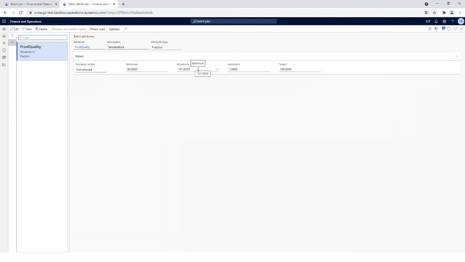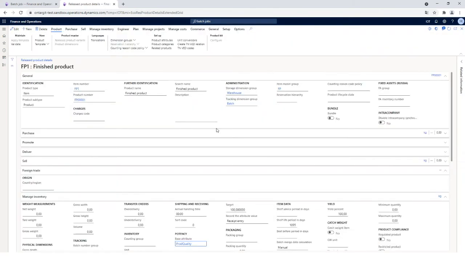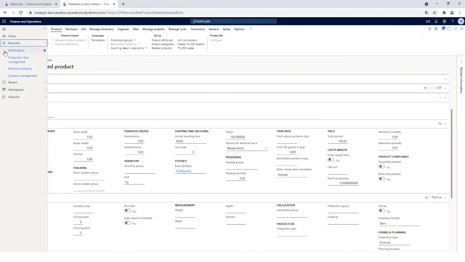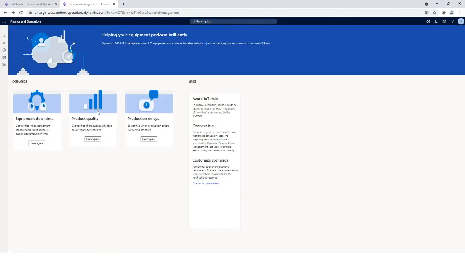So this is quite a simple setup to tell the system what to control. We simply choose the batch attribute that contains minimum and maximum value set up in product. So the next is product quality scenario setup. Let me move to this form. This is called scenario management. And on this form, we can see scenarios available. And when I click